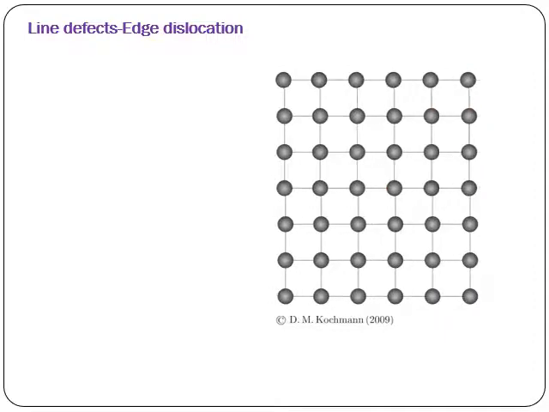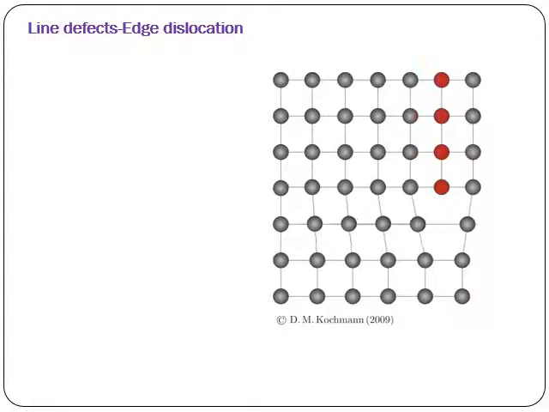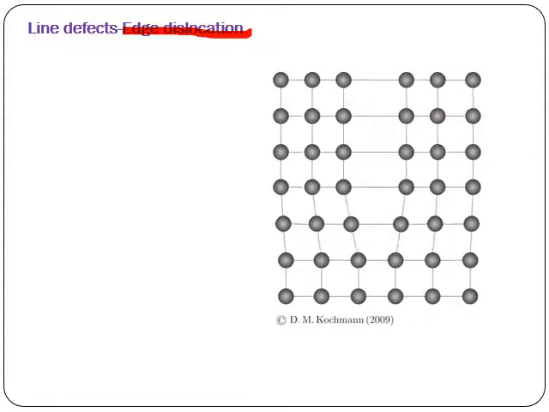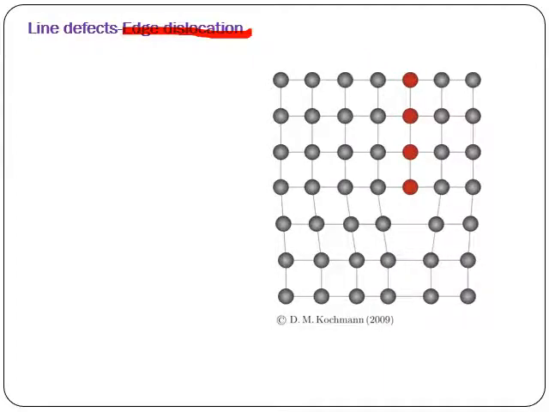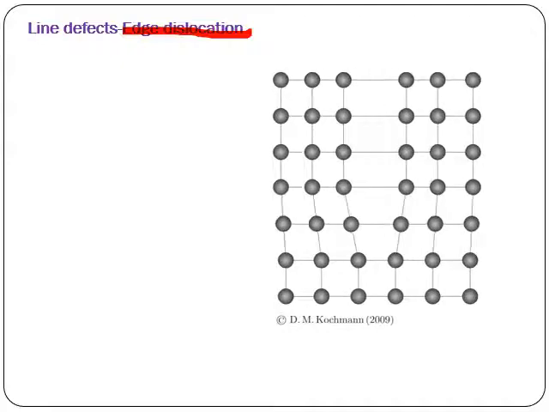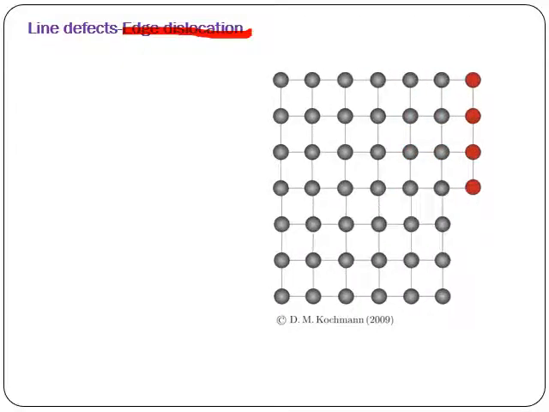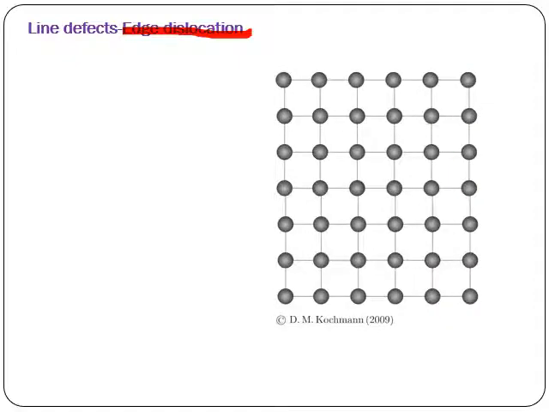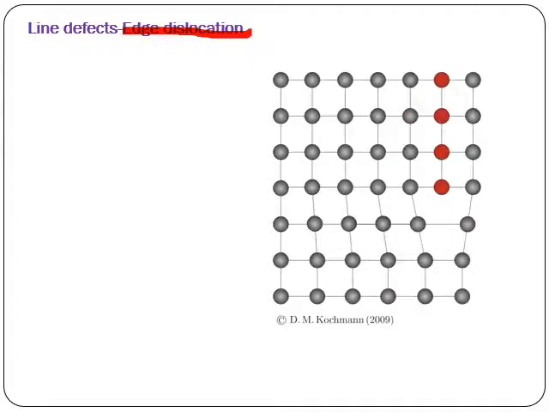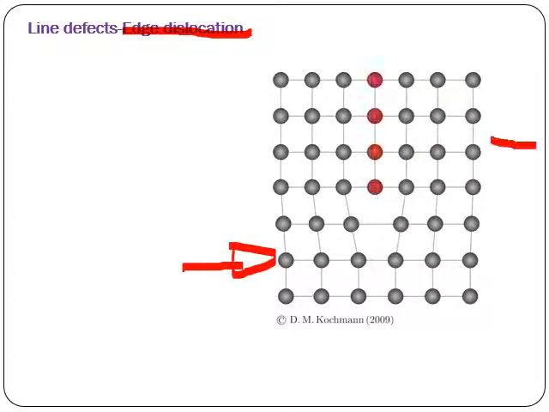In the line defects, as I said, it is a one dimensional defect. In that one we'll talk about the first one as an edge dislocation. You can see the animation here. When it is a perfect crystal, it looks like this. When we insert a plane of atoms here, it is going to create a distortion. If I want to move this plane to the end, leaving a perfect crystal, I need to apply a shear force like this.